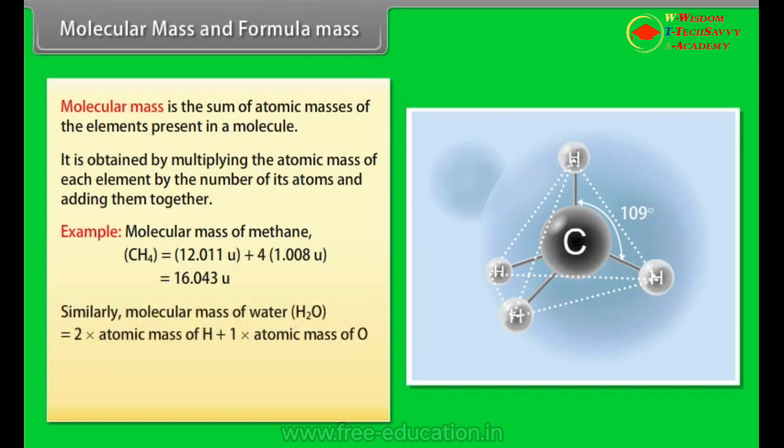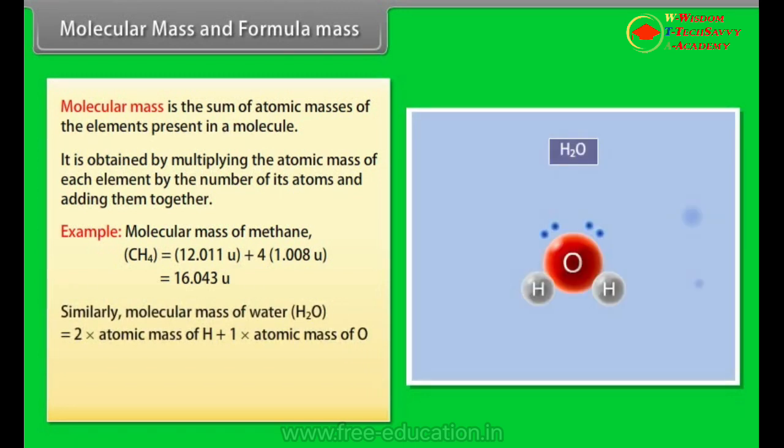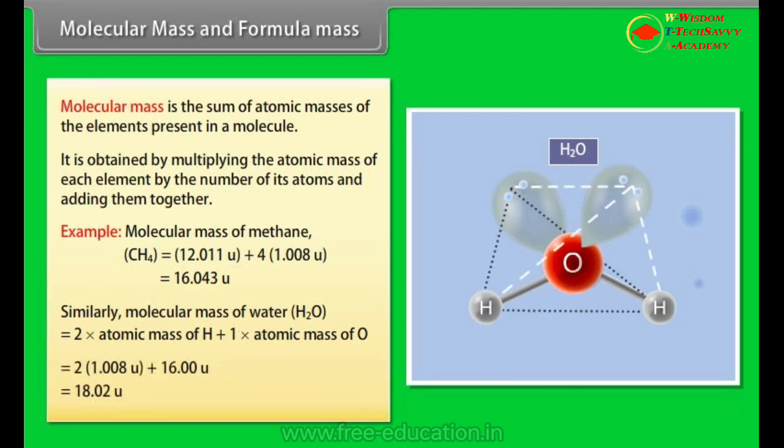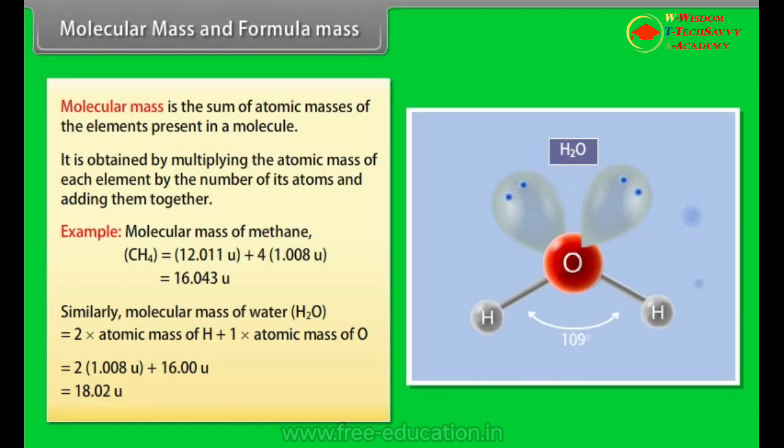16.043 u. Similarly, molecular mass of water, H2O, is equal to 2 × atomic mass of H plus 1 × atomic mass of O, which is equal to 2 × 1.008 u plus 16.00 u, which is equal to